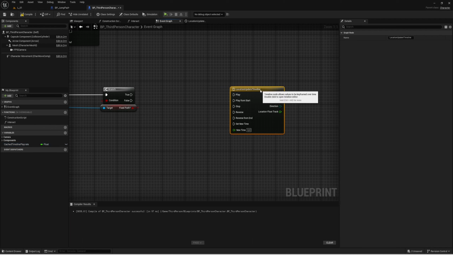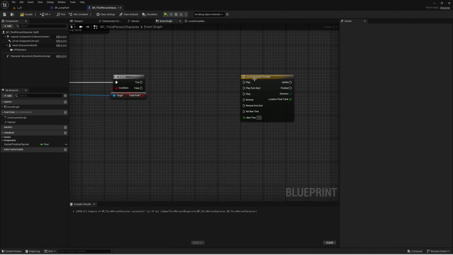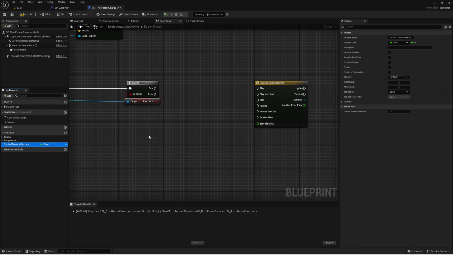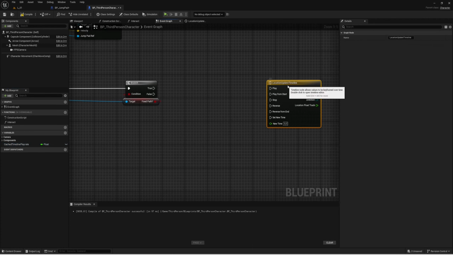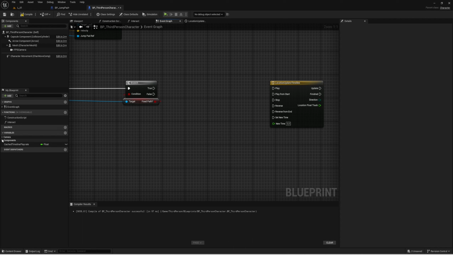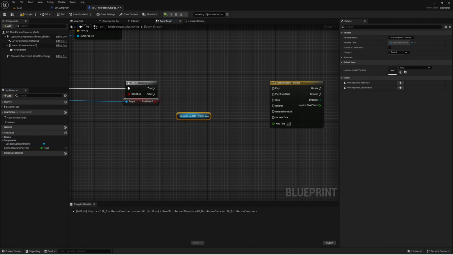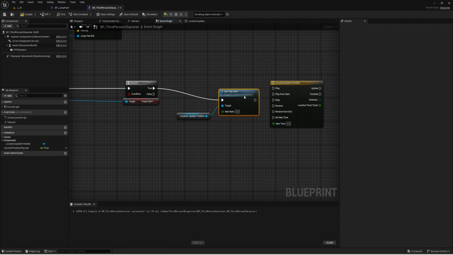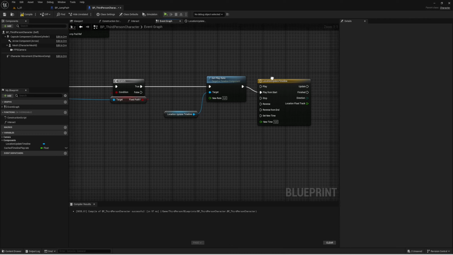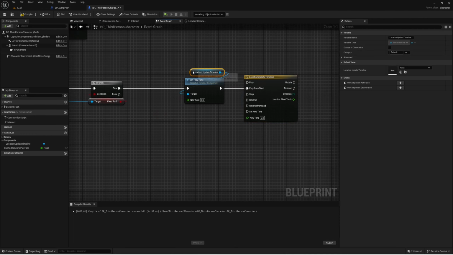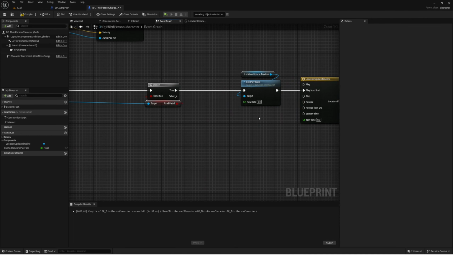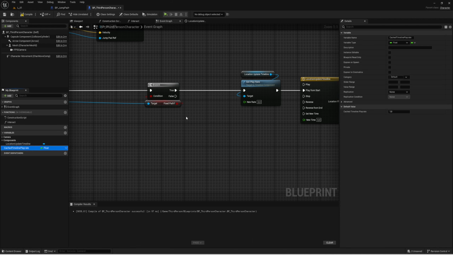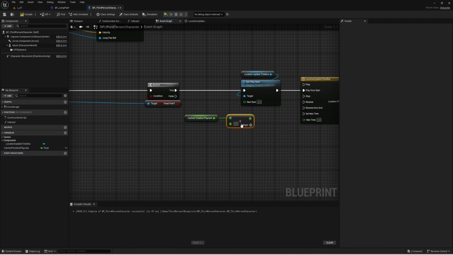So we might want our jump pads to have different speeds when having a fixed path. That is why we're caching this timeline, because we are going to set the play rate of our timeline. So grab in your timeline and set play rate. So this is in true, and that goes into play from start. So we want to set the play rate of our location timeline. We want to set it to be our cached timeline play rate divided by